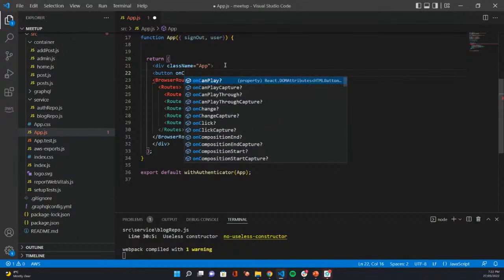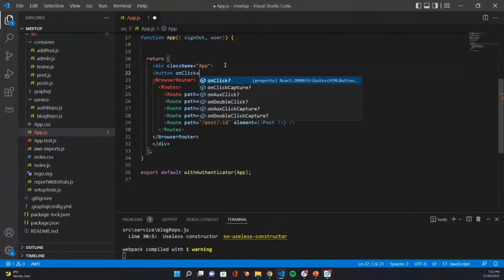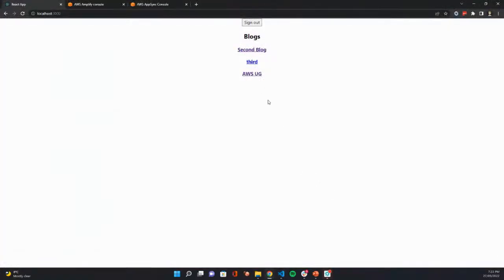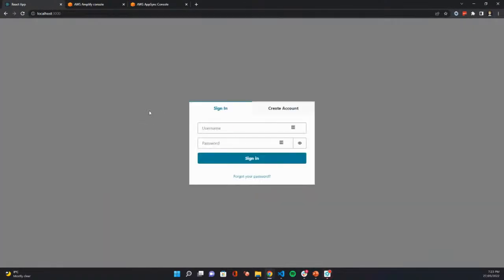with an onClick event, and it will equal our sign out function. So that should be a function, not a string. And we're going to just use our sign out function that withAuthenticator hands to our component. And let's just call this Sign Out. Yep. Let's go back and have a look at our application again. And now we've got a sign out button up the top here, and let's sign out, and bang, I'm out